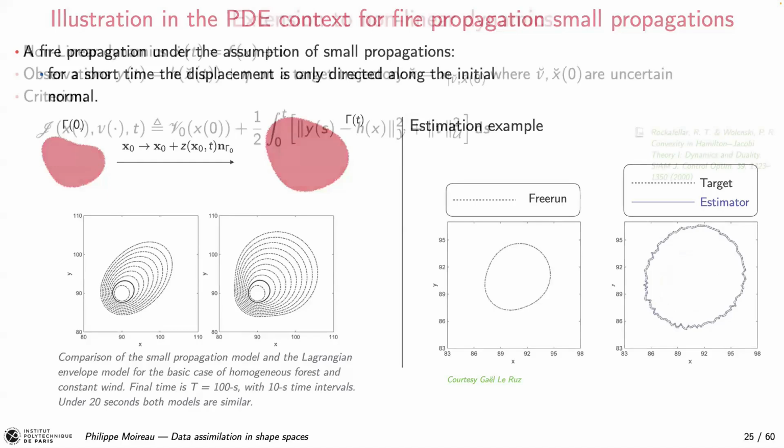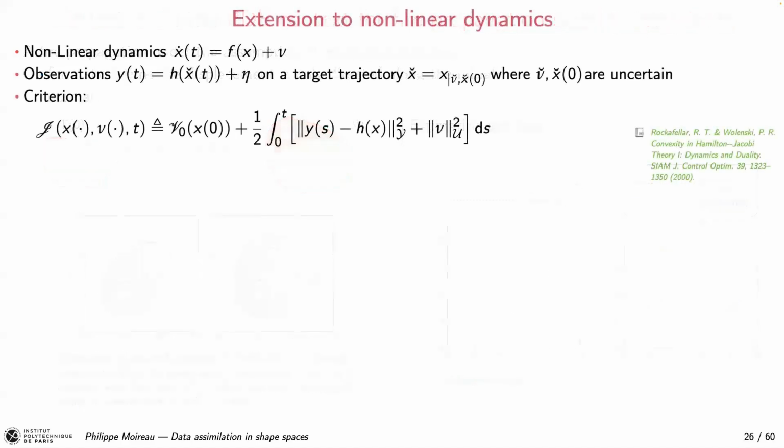So can we do the same thing for nonlinear systems? Here now the dynamics is nonlinear. It could be dependent on time too, just to simplify it. So F is now nonlinear and H is now nonlinear. You do the same: you write the same criterion to be minimized, and you can do the Lagrangian and optimality condition. The question is, can we get the equation for the